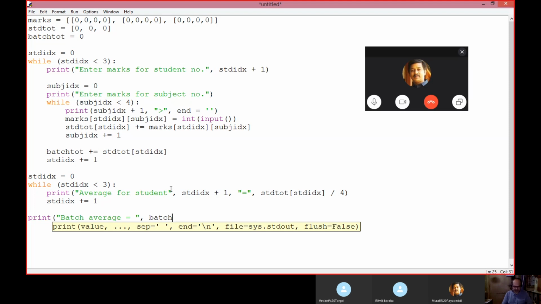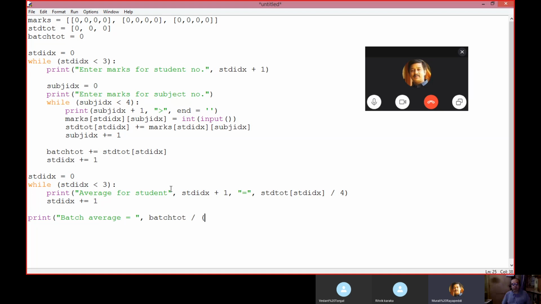Amit, batch total divided by what? Student total. I've got 3 students and 4 subjects. Right? Ritvik, Vedant, got the logic? Why 3 times 4? I got 3 students with 4 subjects in total.